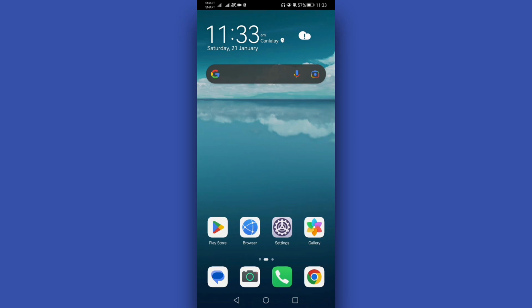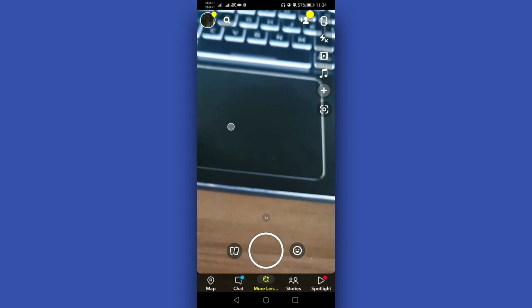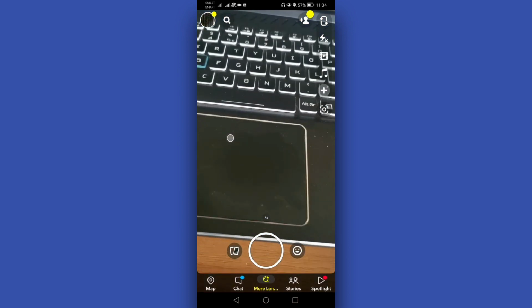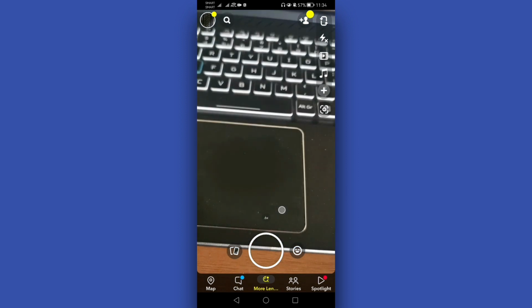Hello again guys, in this quick video I'll show you how to save Snapchat photos in album. But before that, make sure that you are connected to the internet, and once connected, just simply open your Snapchat application. Then once you are here in your Snapchat application, just simply swipe or move your screen up,